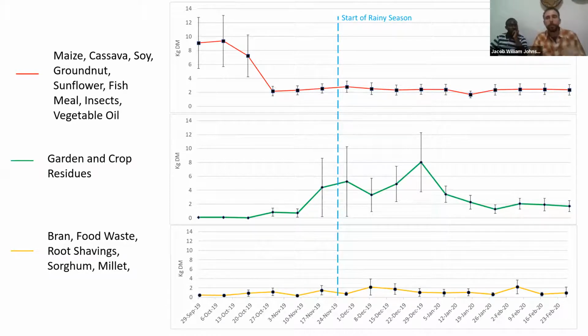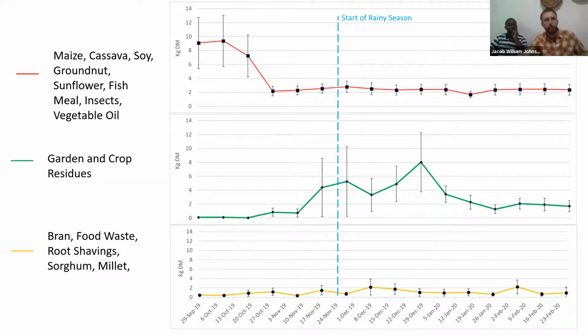And it gives us a picture of resource seasonality over the 160-day period. So on the x-axis here, you can see these 16 10-day periods that I used for analysis, and on the y-axis you can see kilograms of dry matter over each studied period. So you can see that the use of supplementary feeds, in this grouping labeled in red, was highly seasonal. So farmers use these feed types mostly during the dry season. And although our study didn't do follow-up questions to ask about the seasonality of feeds, this is typically a time preceding the previous year's growing season when the crop harvests are most available.